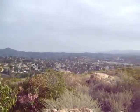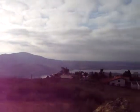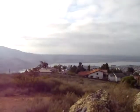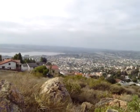Me and the boys are out for our morning walk, and I want to give you guys a view of the hills around my house where I live. That right there is known as Signal Hill. That's looking south at the reservoir, Sweetwater Reservoir. And then if you can see